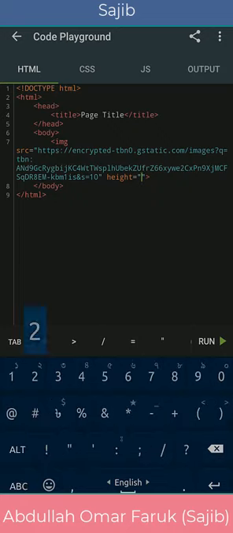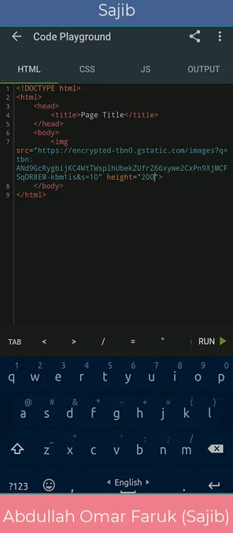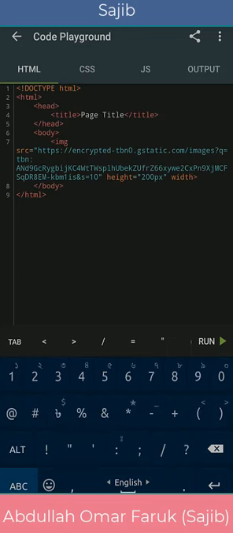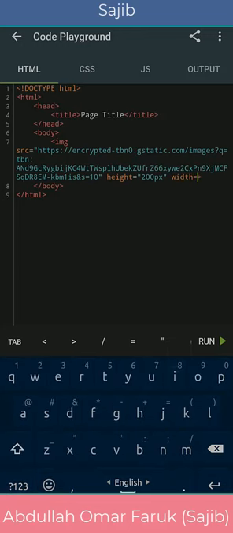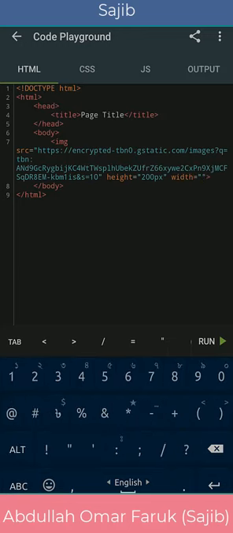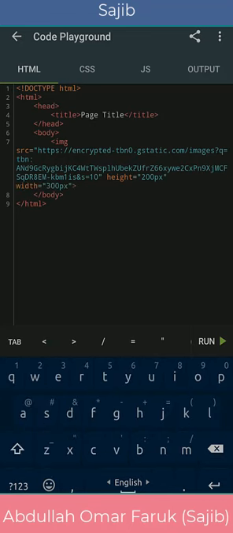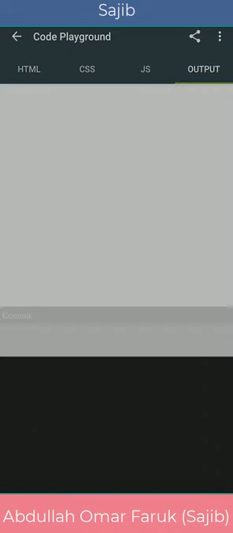That means I want to set the height to 200 pixels, and after this I also want to set its width, equal sign and then quotation, then I give it 300 pixels. Then I go to the output portion, and what I see here, definitely I should see a small one.